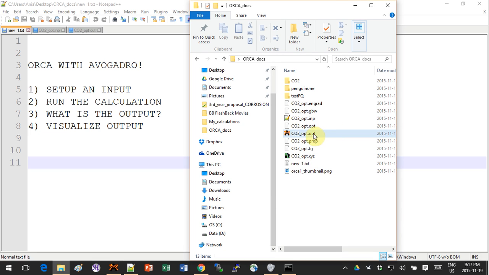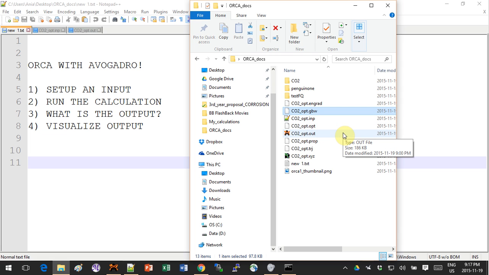The most important one is a .out. That's kind of the summary of everything. It has all the parameters used, all the additional information. Most of everything that you want to see is there. But you have additional ones. For example, the very important